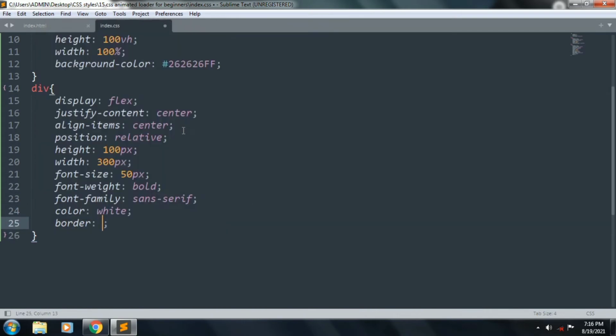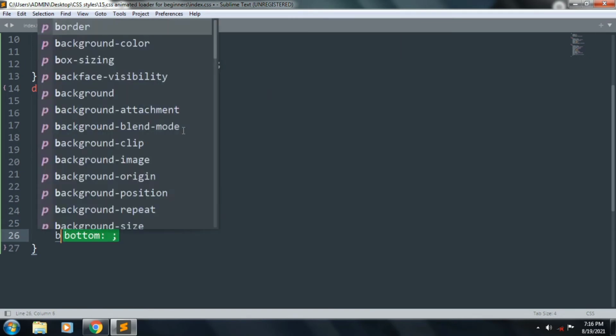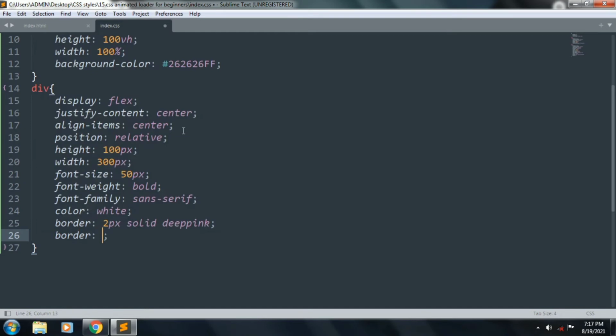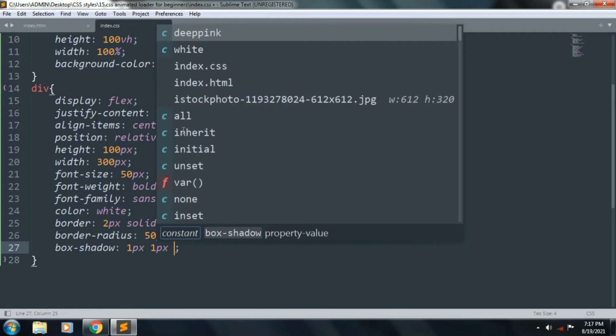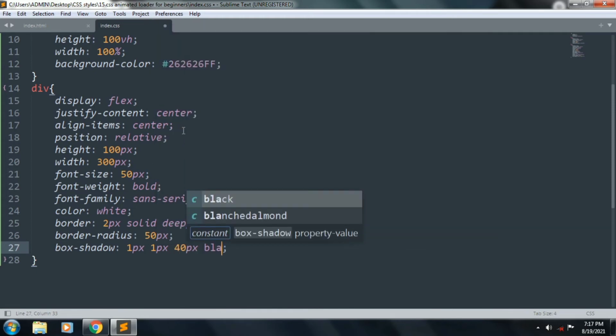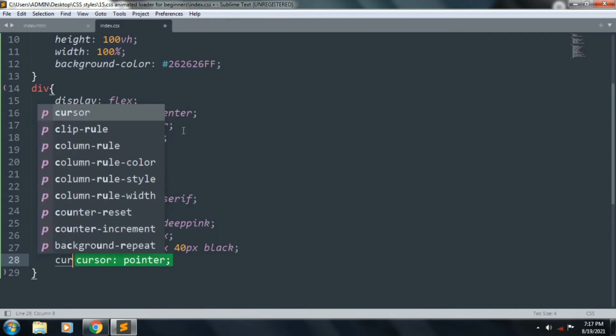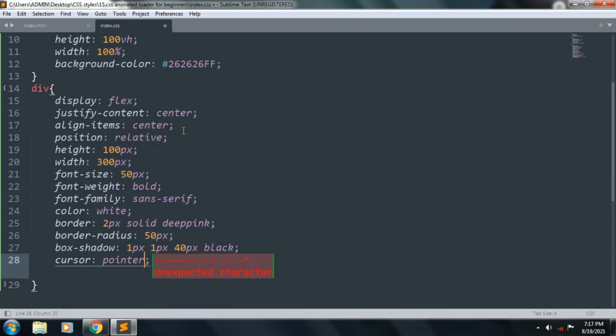and border is 2 pixel solid deep pink and we want at border radius that is 50 pixel and we want at box shadow that is 1 pixel 40 pixel and color is black. Cursor is pointer. Save the file. Refresh. The button is okay now